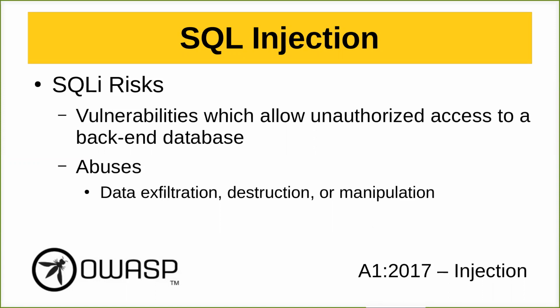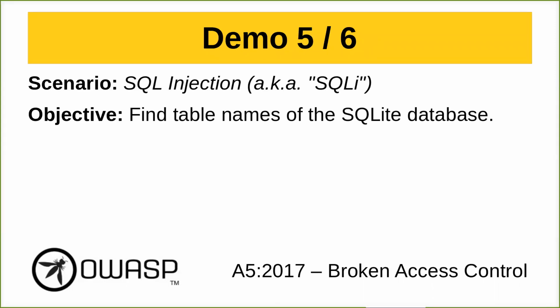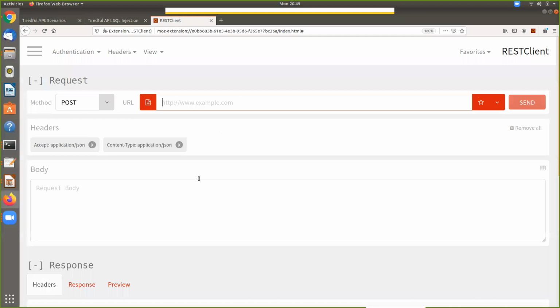to go away. So in our demo, we're going to look at SQL injection, and the objective, as you'll see in Tiredful API, is to find table names of the SQLite database. So let's go ahead and bounce back over there and see if we can do that. For this, I am going to need accept and content type headers, I believe. So that does look good to me. And let's go back to